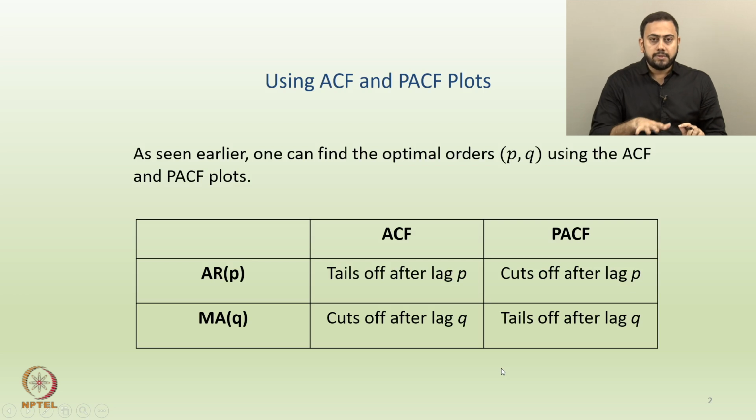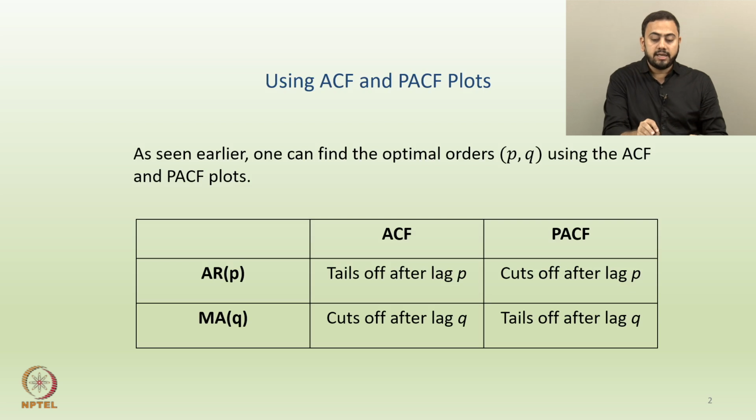Okay, so before we start with anything new, I'll go back to one of my earlier lectures, and then I'll elaborate more on this particular technique, which is using ACF and PACF plots. This is more of a visual check: based on both these plots, ACF and PACF, how do you come up with a rough idea about what orders are true for the underlying AR structure or the MA structure.